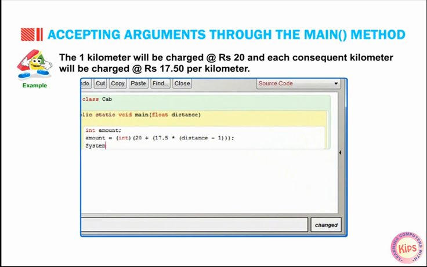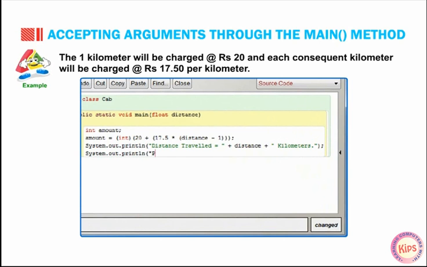; System.out.println("Distance traveled = " + distance + " kilometers"); System.out.println("Please pay rupees " + amount + "/-");